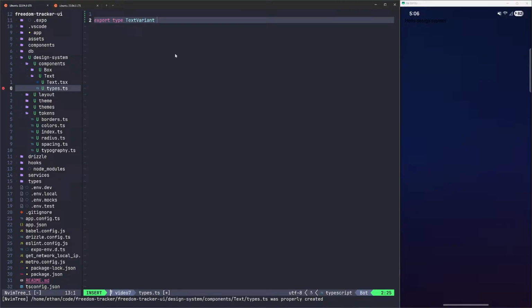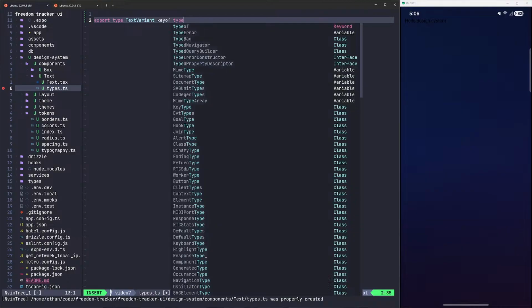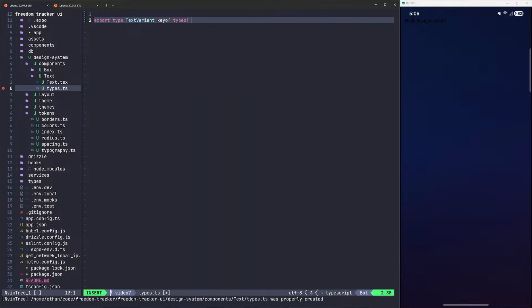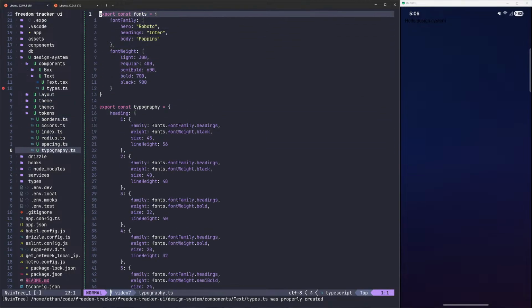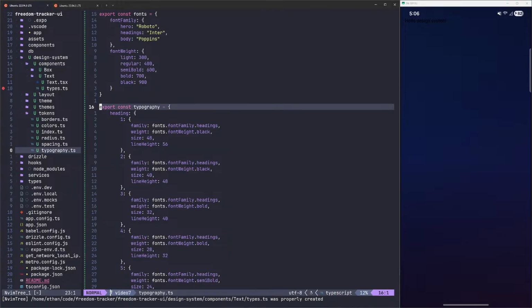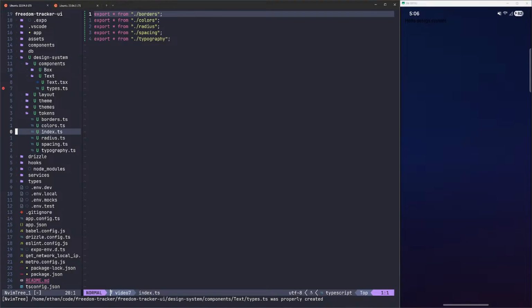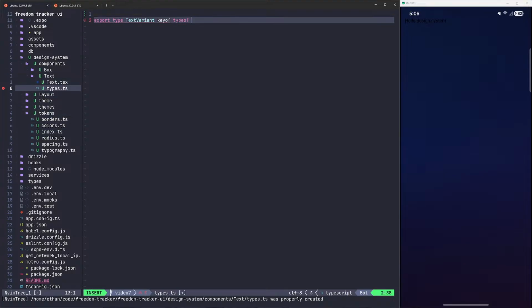We need the key of type of, and this is going to come from our themes, so we need to go into our themes and typography. We might be able to get this from index. So let's see here. This is type of